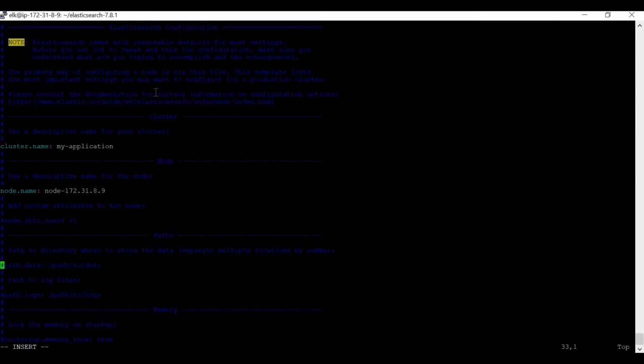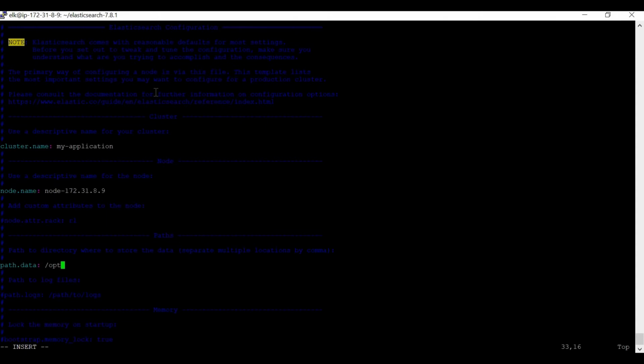Path.data. Now suppose on a single path data, I want to give that this is my server, I have a particular external drive or mount point configured for it, and I want to give that path over here. Like suppose I want to store my data in OPT, so it will store my data in OPT.